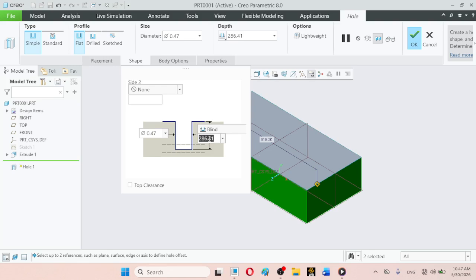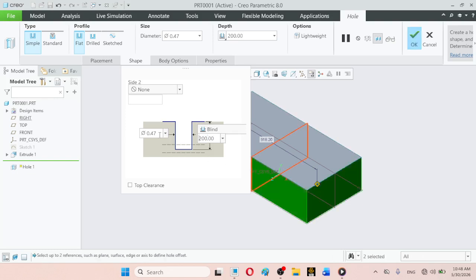The depth of the hole should be less than the thickness of the model. For example, the thickness of the model was defined as 250, so make the depth, for example, just 200.